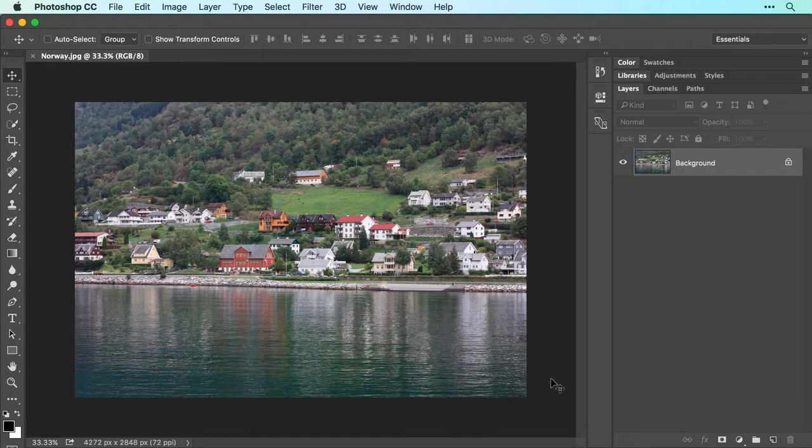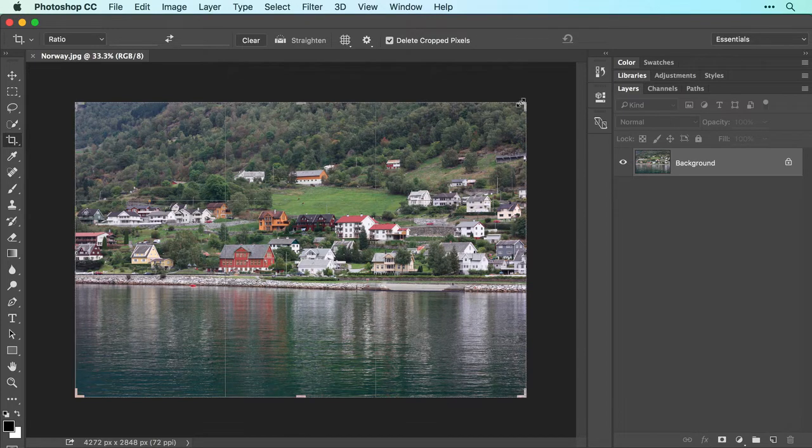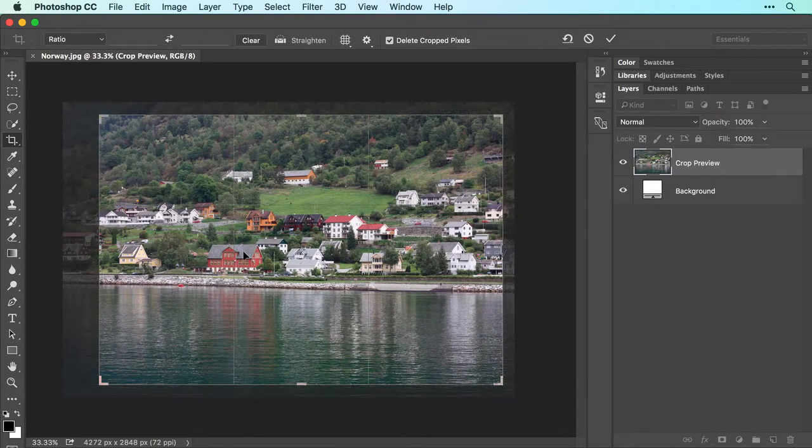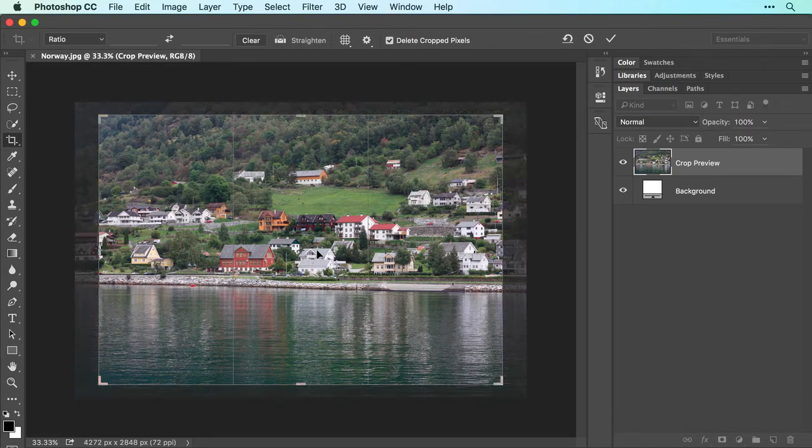When the image opens, activate the Crop tool in the Tools panel, and a resizable crop box immediately surrounds your image. You can drag any corner or any edge to adjust the shape of the box, and you can click and drag within the box to reposition the photo underneath it. When you do, Photoshop darkens the soon-to-be cropped away pixels outside the box, giving you a preview of what the